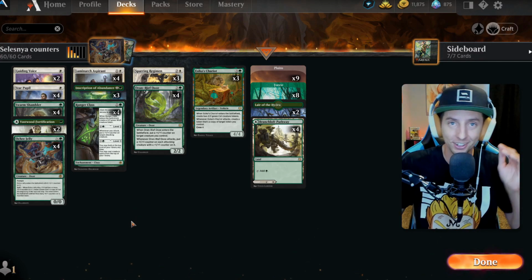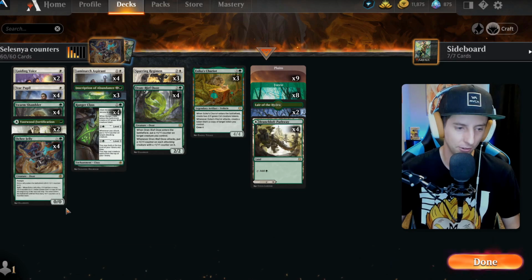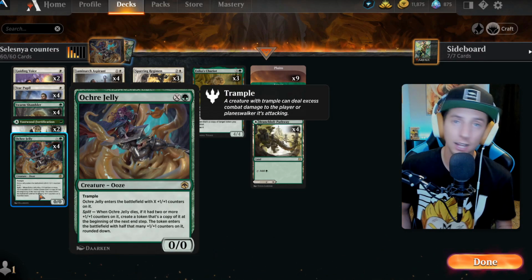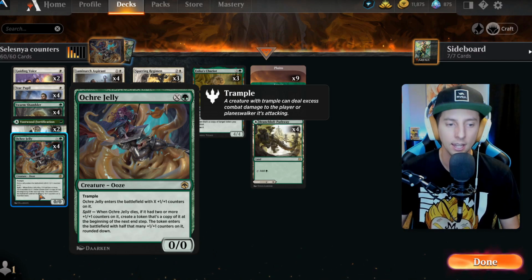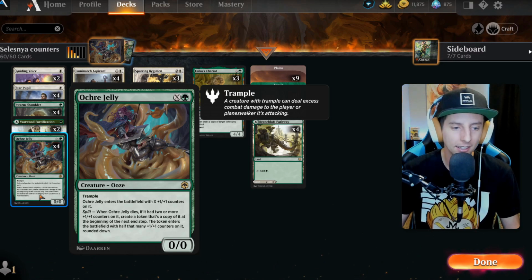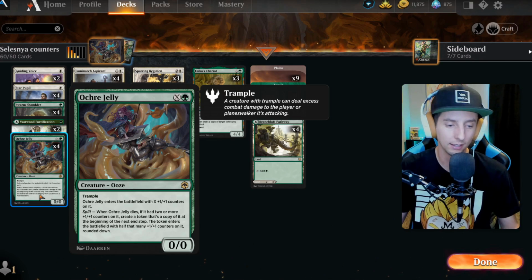All right, so the card that really inspired me to build around Selesnya counters is the Jelly. This card right here was a card that I was not familiar with from the new D&D set, and I ran into it on the ladder and was not able to get rid of this thing. Didn't have any exiling effects and just was not able to do anything with it,